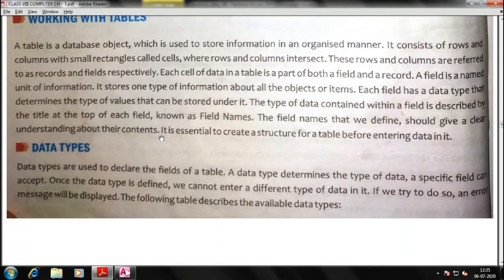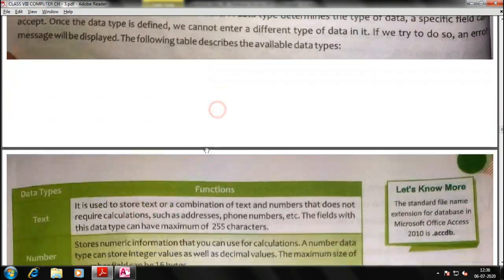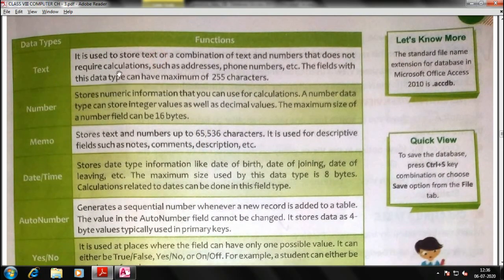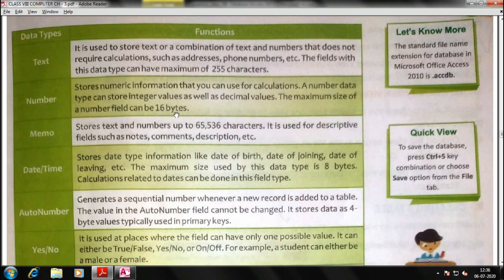Let me check data types, which I've already told you. So let me explain again. Text is used to store text, a combination of text and numbers that does not require calculation. I told you alphanumeric, right? Numbers store numeric information only, right? The maximum size of a number field can be 16 bytes, and text can be up to 255 characters.